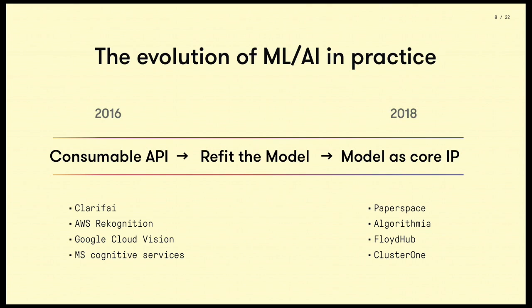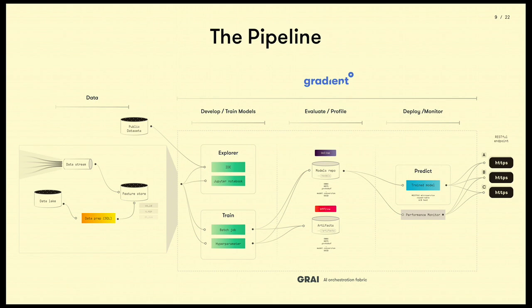But this is not a bad thing. What people are realizing is that since AI is so core to what they do and is so valuable, they actually benefit from owning the model. And the model becomes core IP in a very powerful way. These companies are now hiring AI developers to develop their own proprietary models. And that's the trend that we're seeing today. So of course, if that is the case, then you're building out your own pipeline.